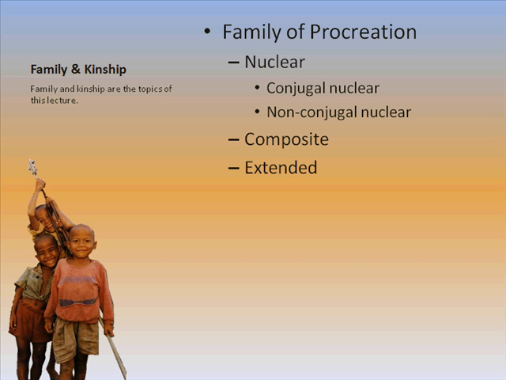Then we have the extended family. And this is actually more common than the singular nuclear family, and this includes two or more nuclear families and often their parents residing together. It generally includes 3 generations or more, and again is more common than the single nuclear family. Some examples would be Bosnian Muslims, where you have multiple nuclear families that live together. They're headed by a senior male and his wife. The household could include his married sons and their wives and the children,